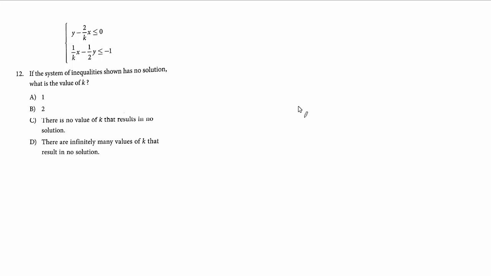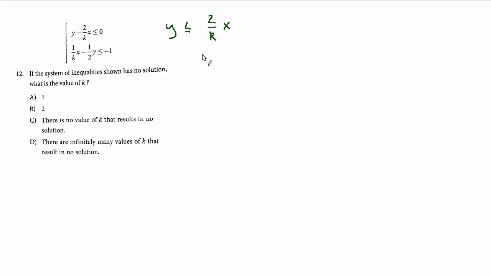12. If the system of inequalities shown has no solution, what is the value of k? So let's get these inequalities in terms of y. First one is going to become y is less than or equal to 2 over k times x. The second one, I'm going to add over the y term and then add over the constant term to the